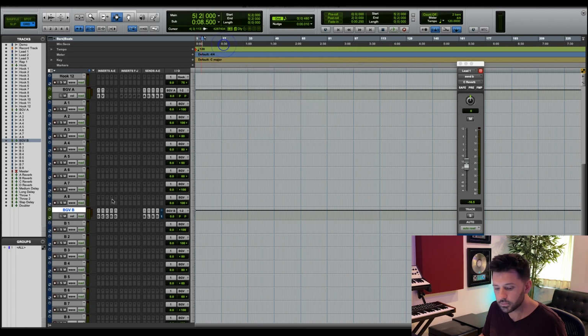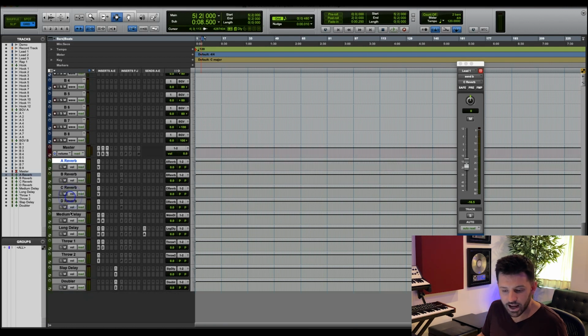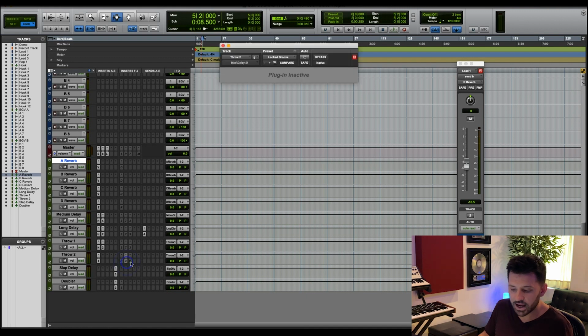So anyways, moving on, we'll scroll down. So I have my master fader, which I'll get to in a second, and then I have all of my send effects. So let me just quickly run through the send effects that I have. And in the template, you'll notice in Pro Tools, you have 10 inserts. So you have 5 and 5, and you can actually have up to 10 plugins on any track at one time. I've done it this way because all of these inserts that are inactive here,